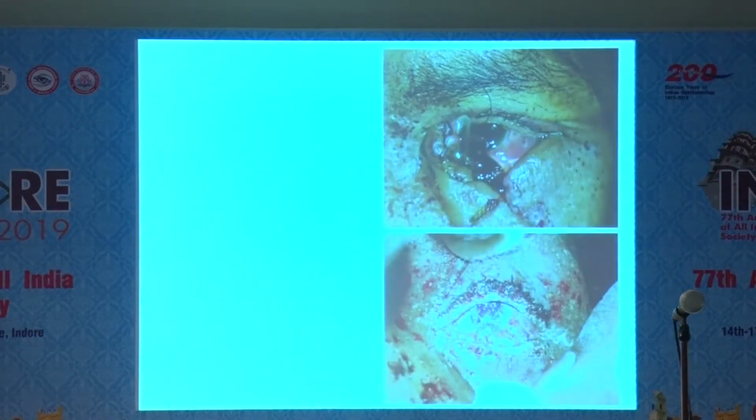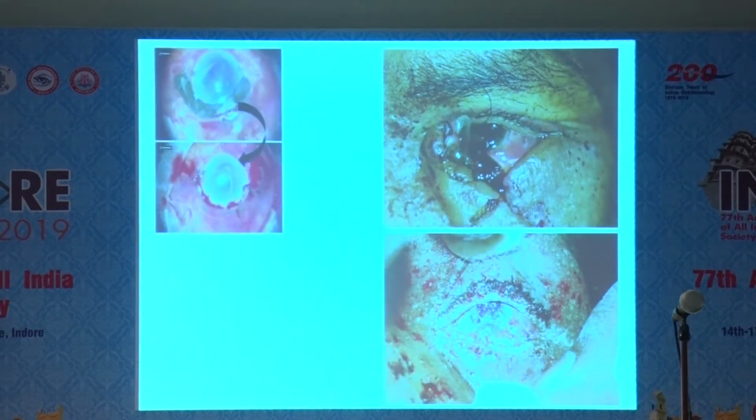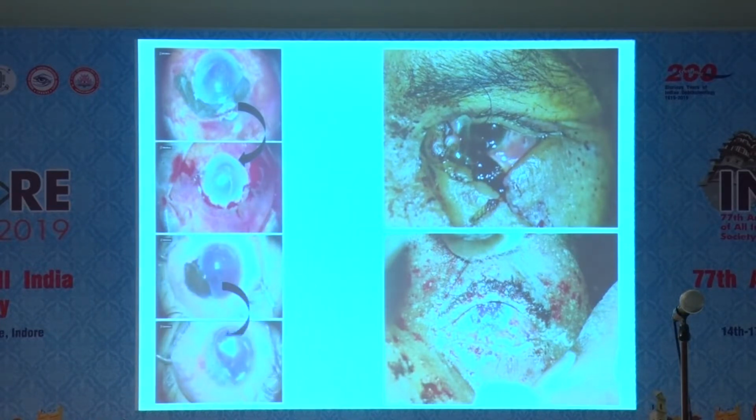They can be so devastating and damaging that irreparable loss could occur, as you can see in two of these injuries from our center, where we could not do much. There is a large corneoscleral tear extending to the periphery up to the root of the muscles and beyond, and we could repair it, but unfortunately we could not save the eye because of the extensive damage in the posterior segment as well. Another case with a large tear,